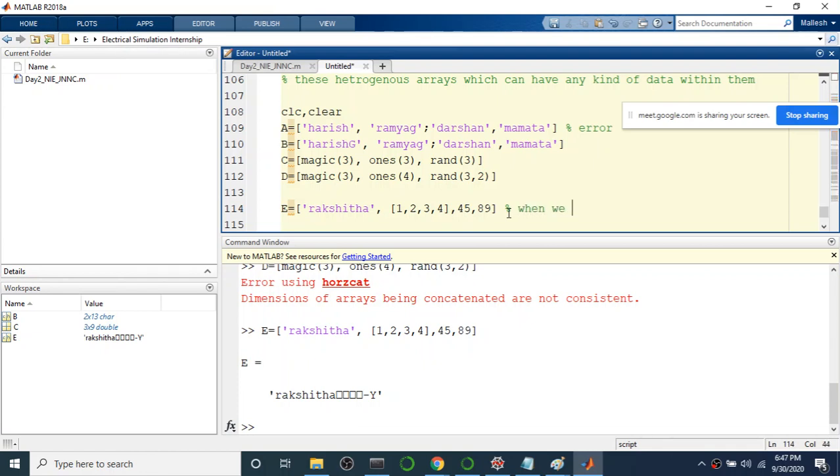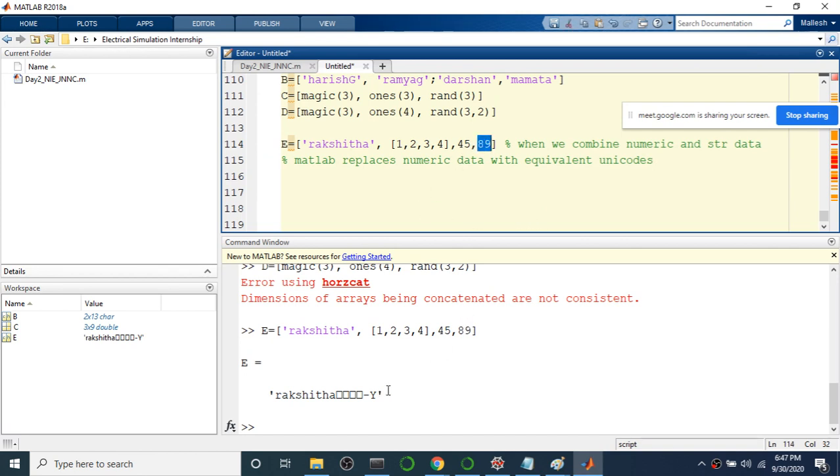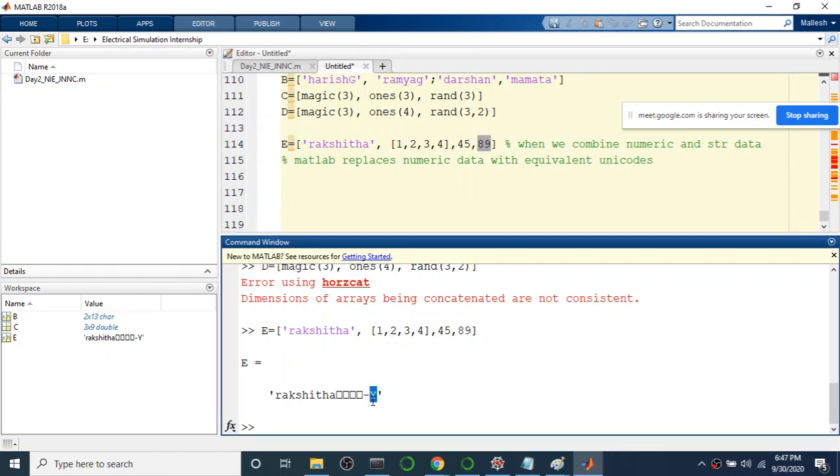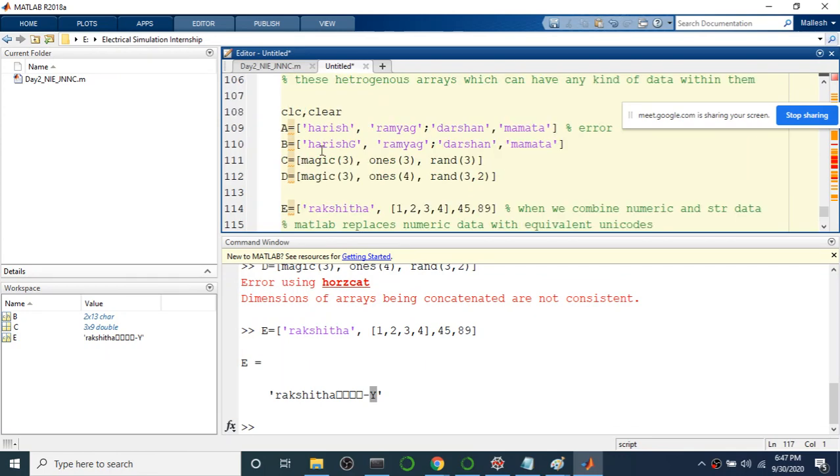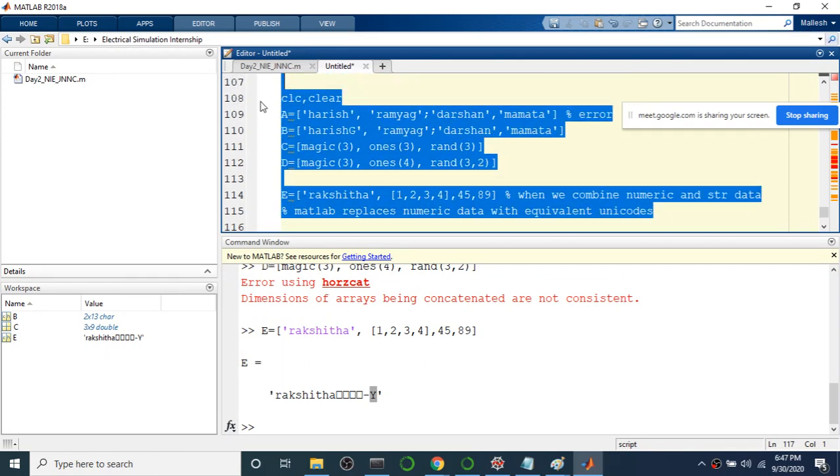When we combine numeric and string data, MATLAB replaces numeric data with the equivalent Unicode. The equivalent Unicode for 89 is capital Y, like the ASCII codes, but MATLAB uses Unicode. So normal matrices are not suitable to store both numeric as well as character data, which is why we have to find a solution to store such kind of data.